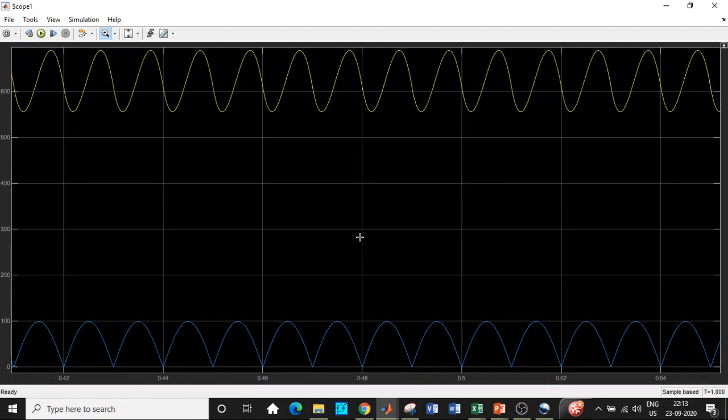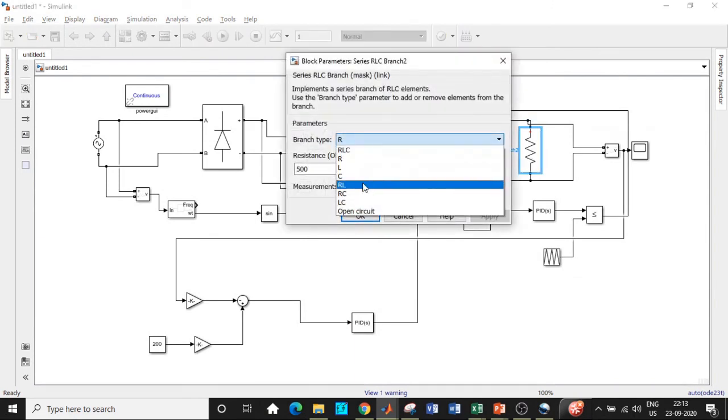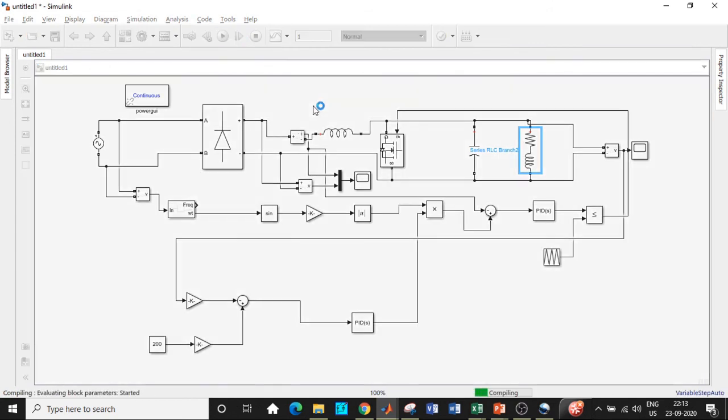They are not ideally in phase, but they are close with respect to the phase relationship with each other. Now let me say I'm using an RL load. Let me choose a random value, 1 millihenry, click on run again, and let us look at the output voltage. Let us look at the phase relationship between the voltage and current, and consequently we will be able to conclude if power factor correction has taken place with respect to the pulses generated to the MOSFET.